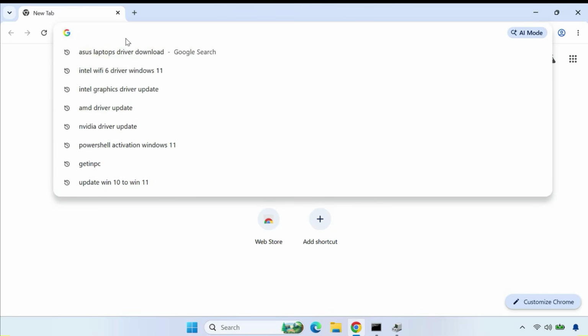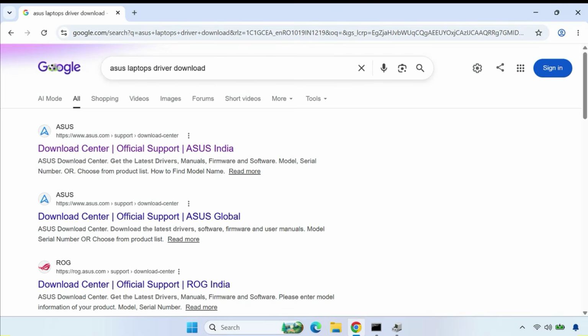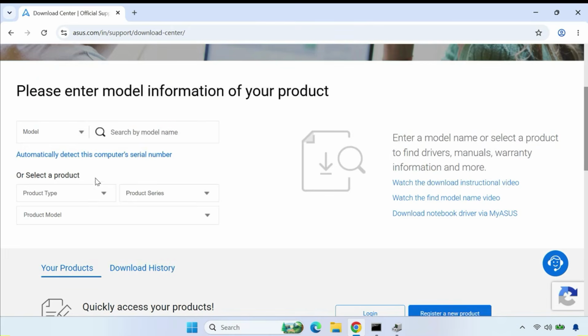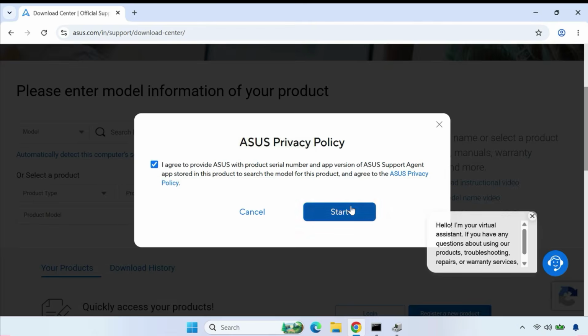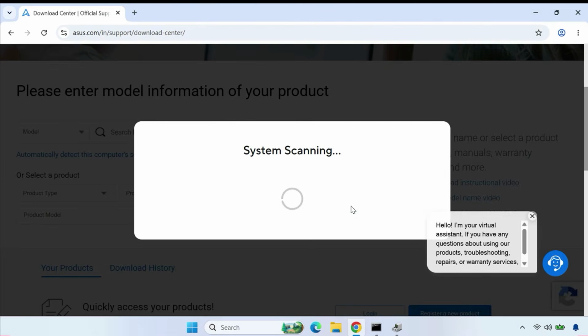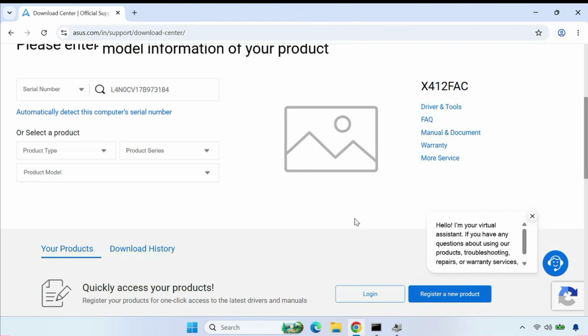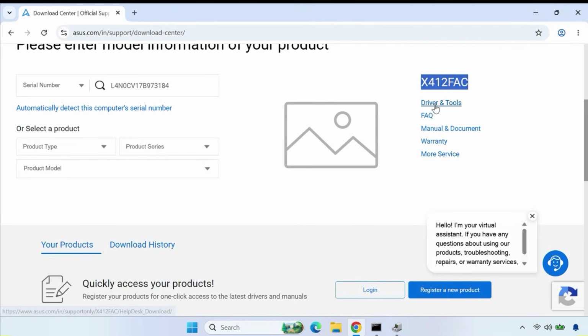Otherwise, if you know the model number of your laptop, like I'm using Asus, so if you are using Dell, HP or others, you can type like this and then go to the official website. After that, scroll down and it will detect automatically, detect the laptop serial, then accept, then click start. Okay, then this is your laptop tag, and then click on the driver tool,